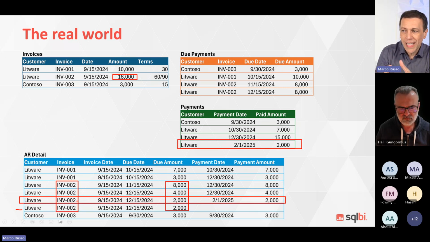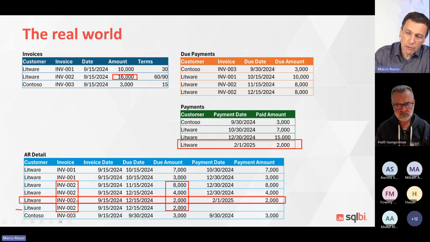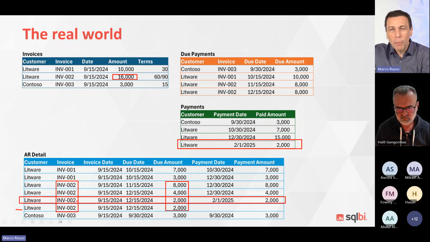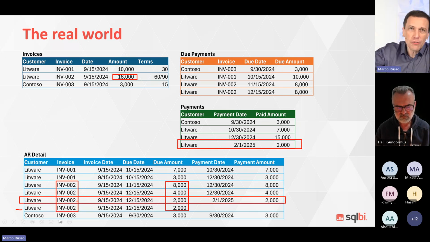So the goal is to transform your data into the model that we described at the end, because solving the granularity problem, consolidating the data that way, is the key to complete the report in Power BI without trying to write impossible DAX in a measure. That would also be very, very slow.